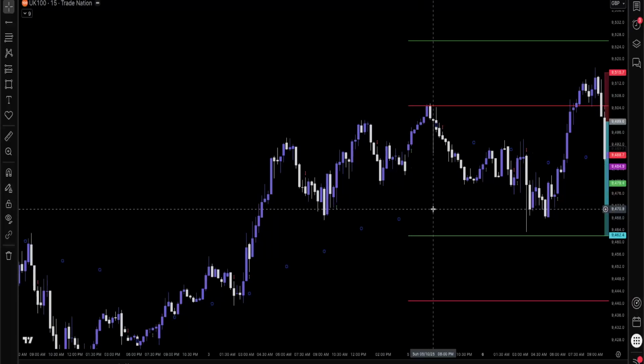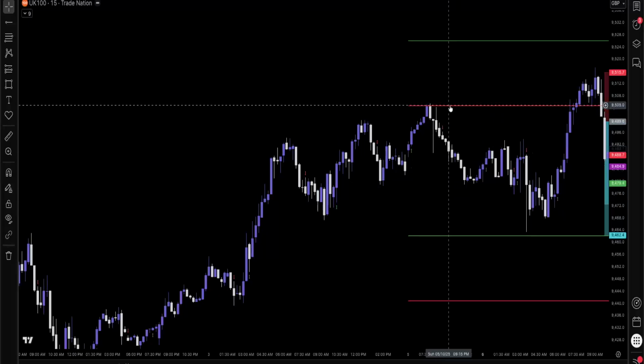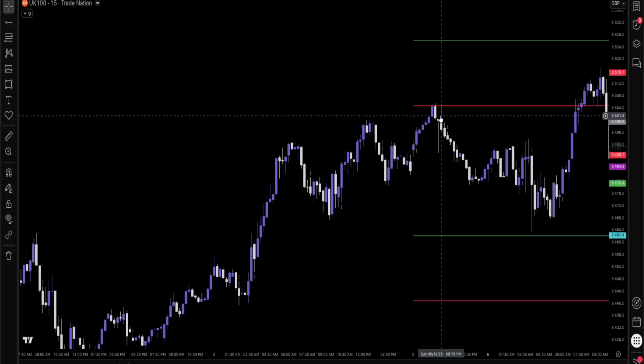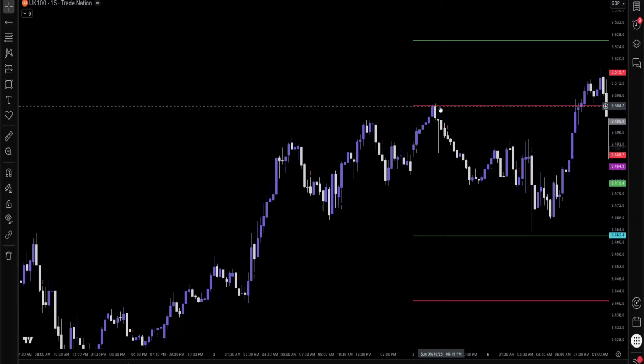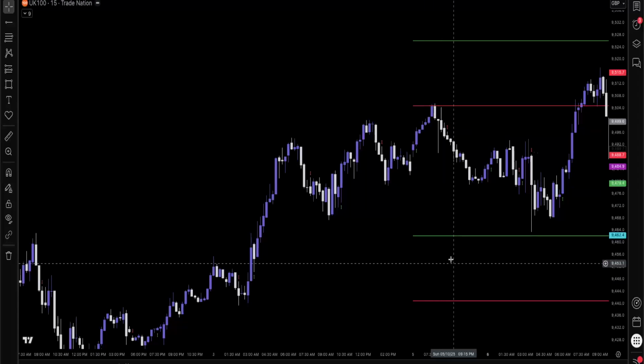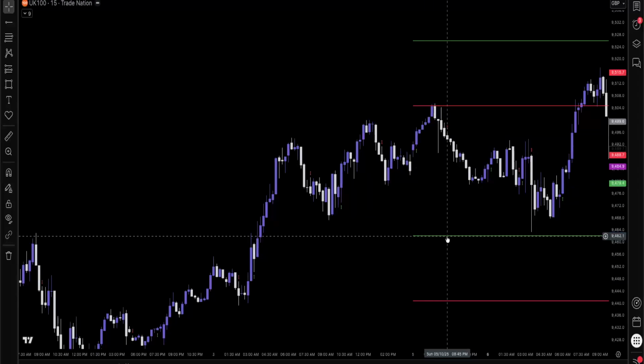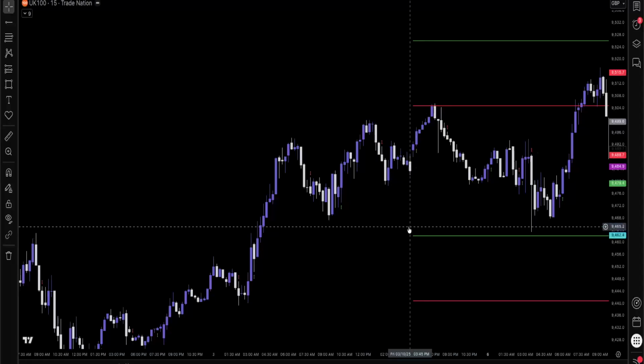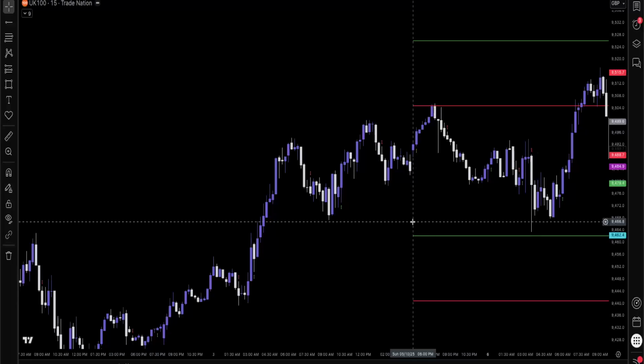As we did our analysis, we had the R3 level around 9504.7 yesterday, and the S3 or the L3 level was at 9462.1. So the market opened around